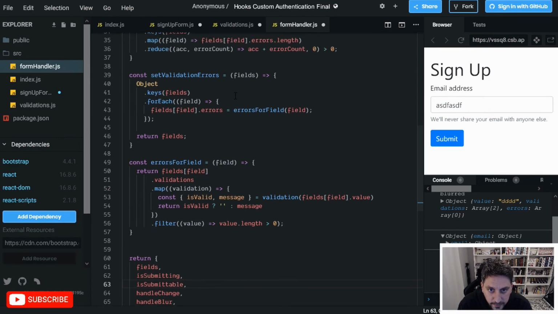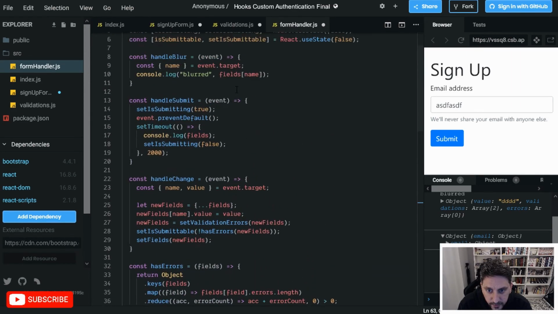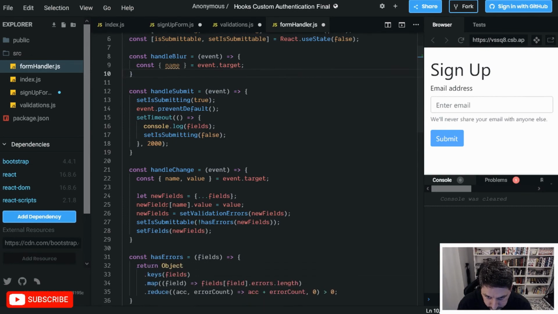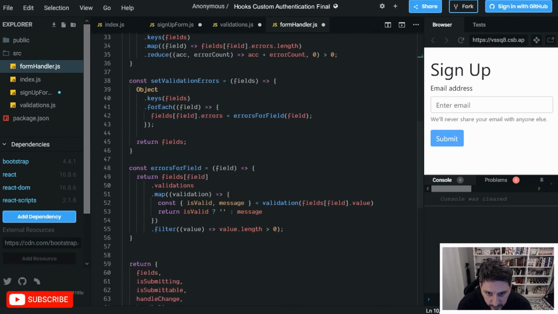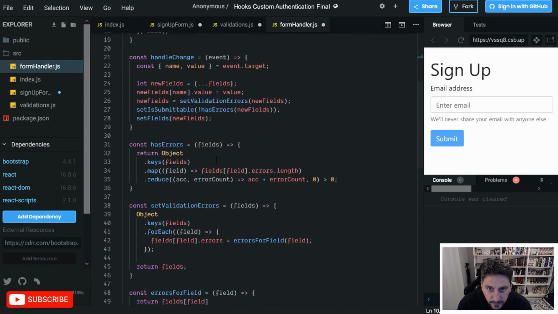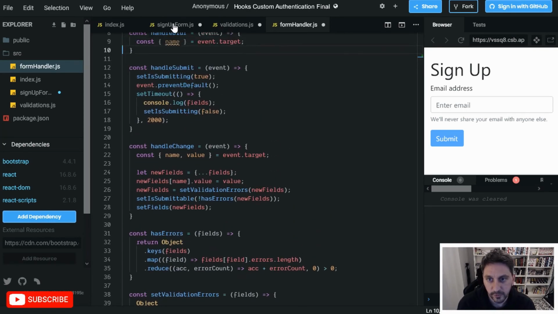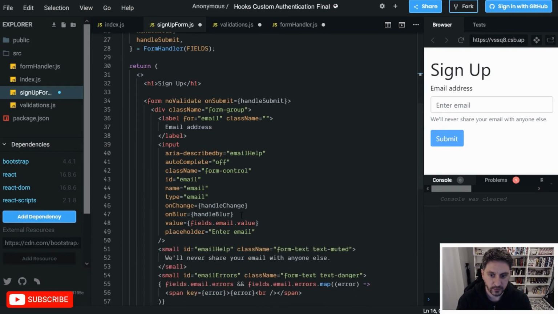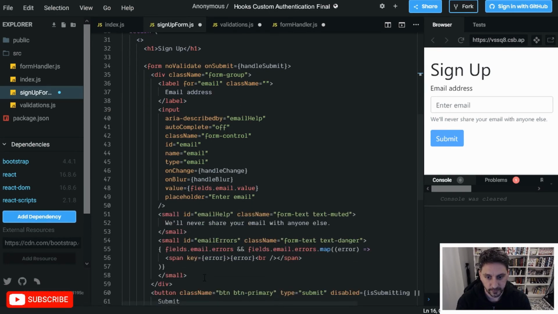And then again, the form handling stuff's all pretty separate here, and other than changing where you would want to submit to, I don't know if there's much else you would want to change on this side. So it's just basically all cleaned up and isolated into one place and could be reused across multiple forms. So just to show you quickly that you can throw in another field here pretty easily,